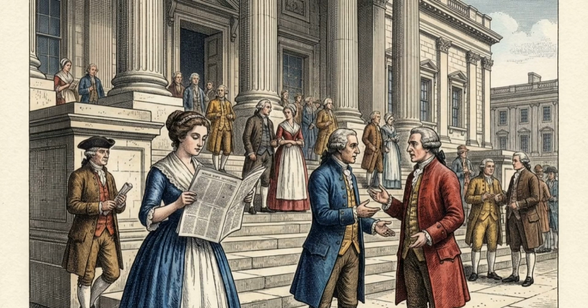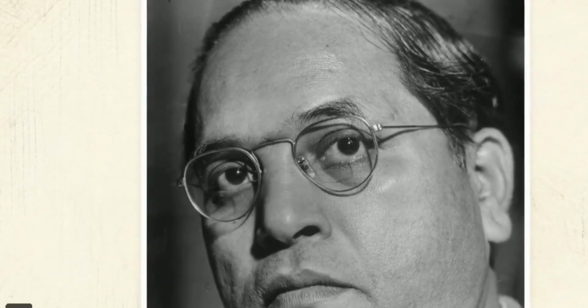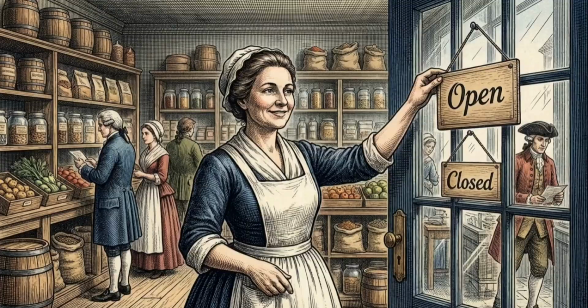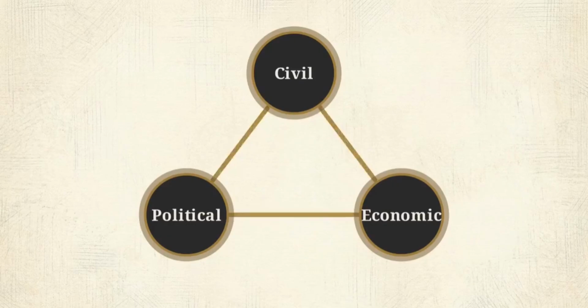Civil liberty secures personal dignity and autonomy. When B.R. Ambedkar embedded these protections in the Indian Constitution, he created a legal shield for marginalized communities against arbitrary state action. Political liberty enables self-rule. It is the mechanism that ensures accountability through voting, debate, and the prevention of power concentration. Economic liberty allows individuals to choose their activities and access resources without undue restraint, requiring fair opportunities alongside freedom from interference. These domains reinforce each other in practice.